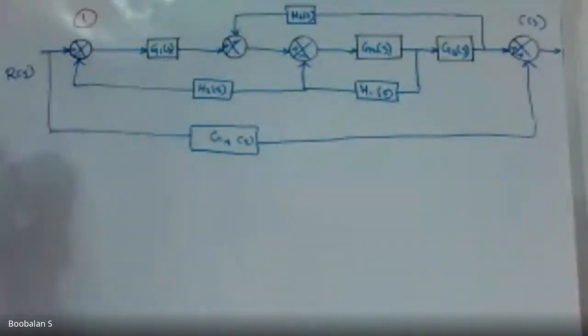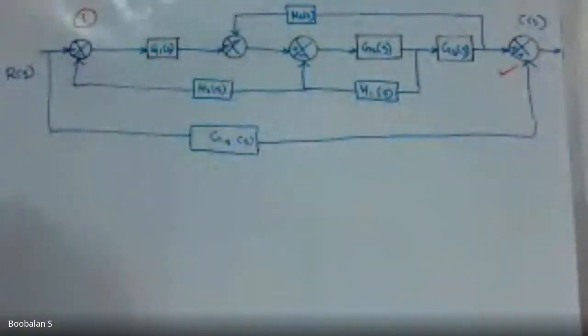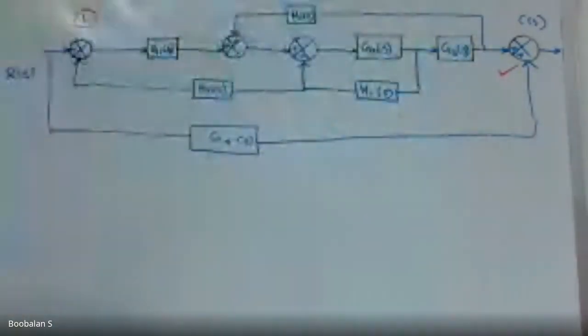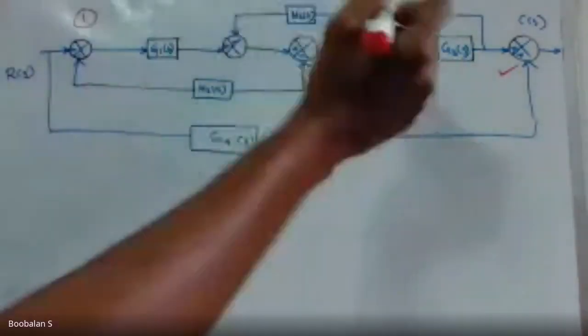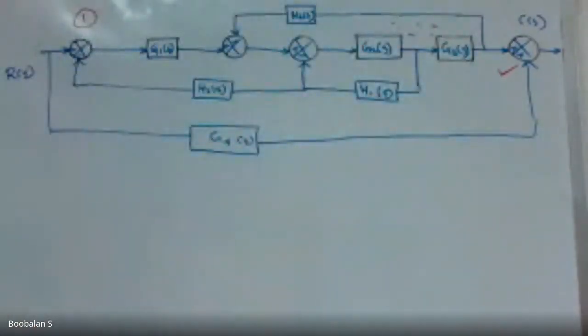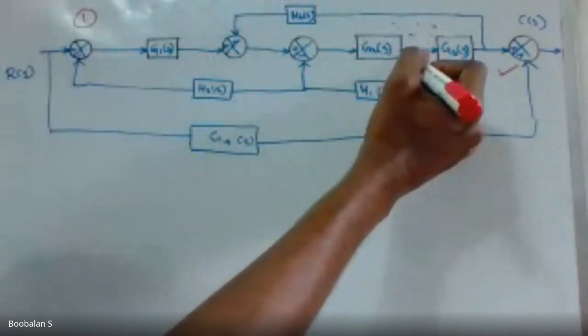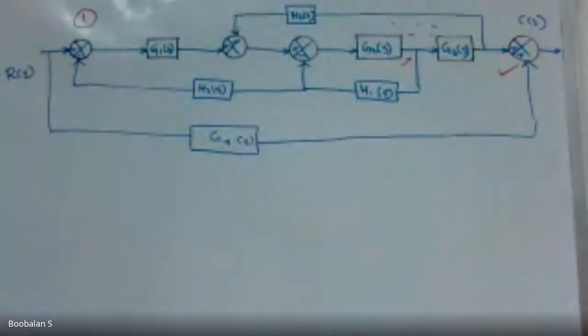Let's see. There is no cascade, so we can't multiply, and there is no parallel. There is a parallel path, but you can't add it, as there are a number of circuits in front of that. There is a cascade between the G2 and G3 blocks, but there is a small pickoff point inside over here. So there is nothing we can do, right? Then what to do?